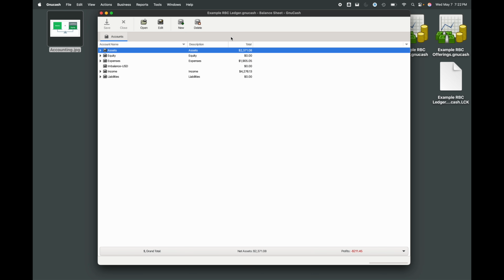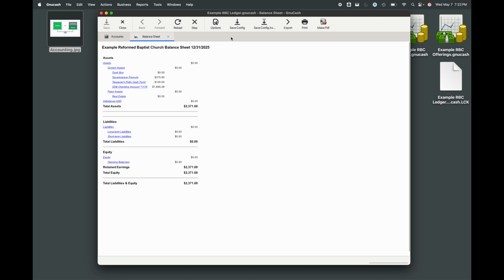So the income statement was more of a period of time, right, where from one date to another, all of the income and expenses that were incurred during that period are reported out in total for that period of time. But a balance sheet is actually a snapshot, a point in time. And this is set to our default accounting period, which is the end of 12/31/2025, the end of the year, or we could change it to be last year's 12/31/2024 if we needed 2024's